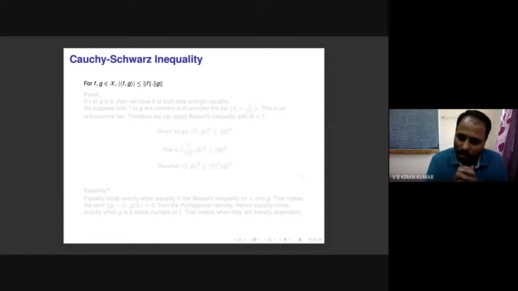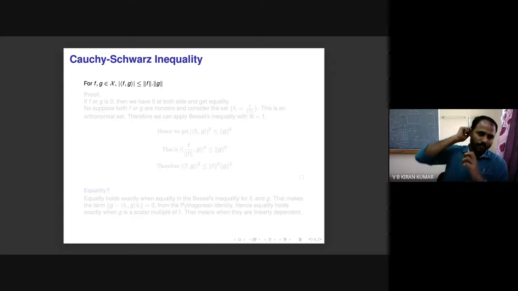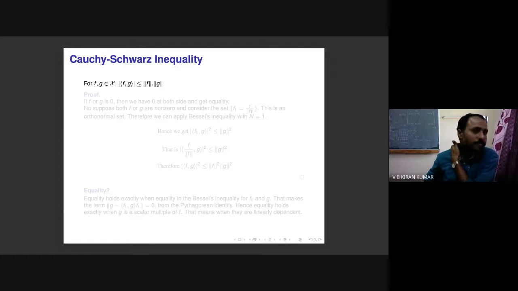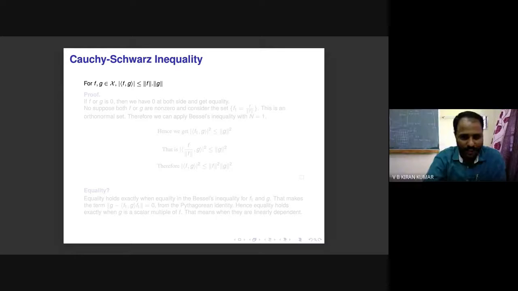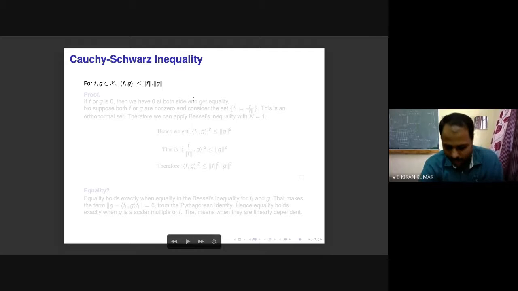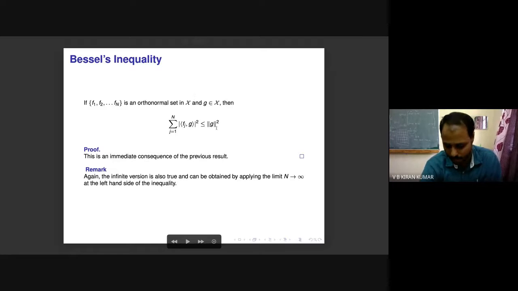What should be a norm? To call something a norm, what are the properties to be satisfied? Can you recall that? Yesterday we did the norm. Norm x is greater than or equal to 0. Norm x equal to 0 if and only if x equal to 0. Norm of alpha x is mod alpha into norm x, and the triangle inequality. So we did not prove anything. We'll prove that. And we did not use any such property. We just use the definition of norm everywhere so far.